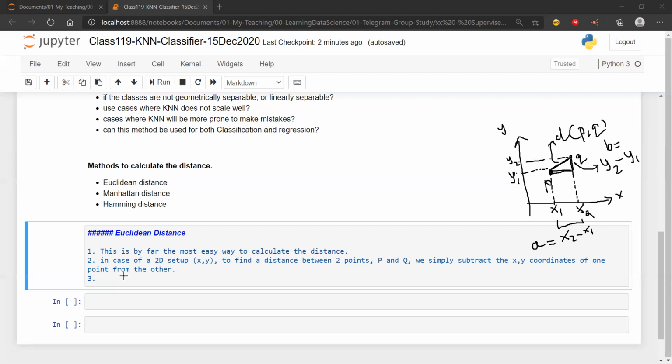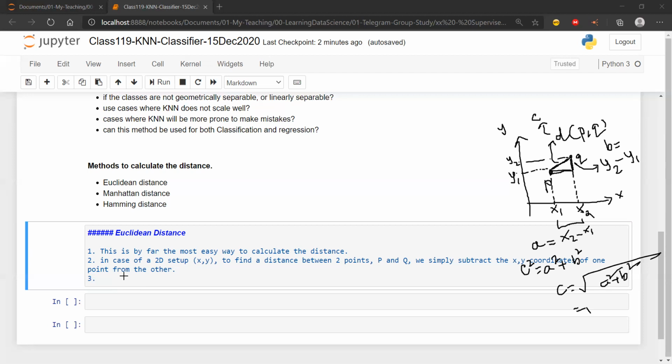The reason is simple. I have to calculate the distance between p and q. Let this be c. According to the Pythagoras theorem, c square is equal to a square plus b square. Then c is the root under a square plus b square, as simple as it sounds.